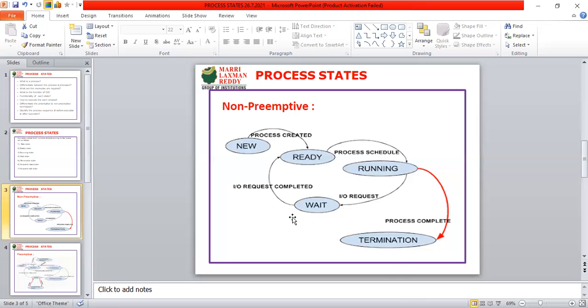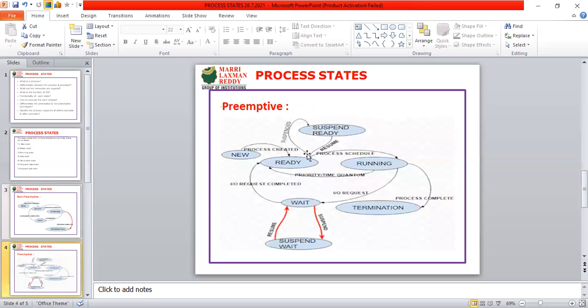This is a time-wasting process. Suppose one process is the longest process, and in the ready queue the next process is a very small process. The large process and then the smallest. This smallest process waits for a long period of time, and a number of processes are waiting. Because of that, problems occur in the execution process. All processes are waiting here. That is the drawback of the non-preemptive method.